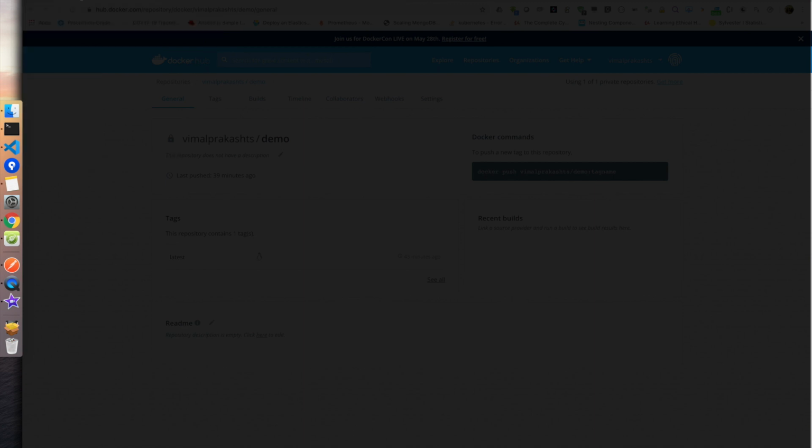We can run this image with docker run -d, which means detached mode, and -p. We need to put 80 on the machine, and inside the container it is 3000. Demo. So now we started the container. So to check